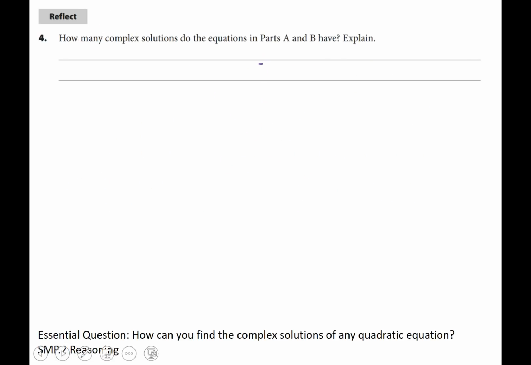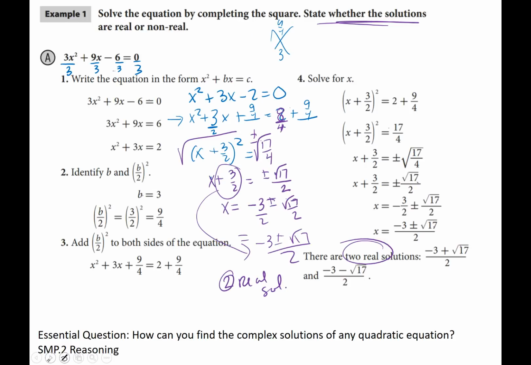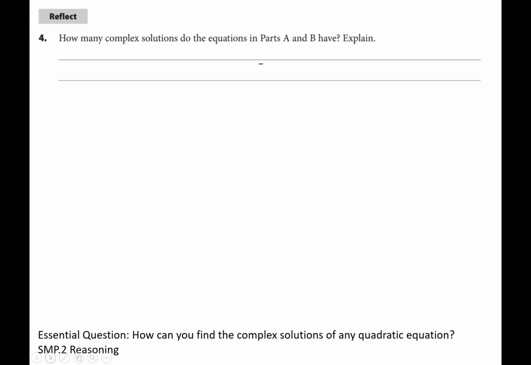All right. How many complex solutions do the equations in part A and B have? Explain. All right. So complex solutions, remember, means real and imaginary. And notice both of them had 2 solutions. No matter what, they had 2 solutions because we always have that plus minus thing going on. So it had 2 complex solutions. So we'd say each had 2 complex solutions,